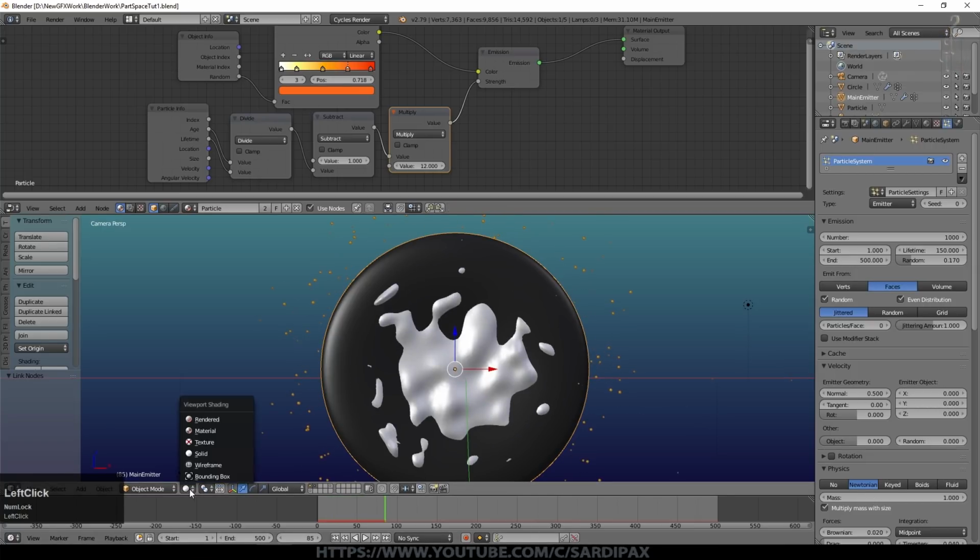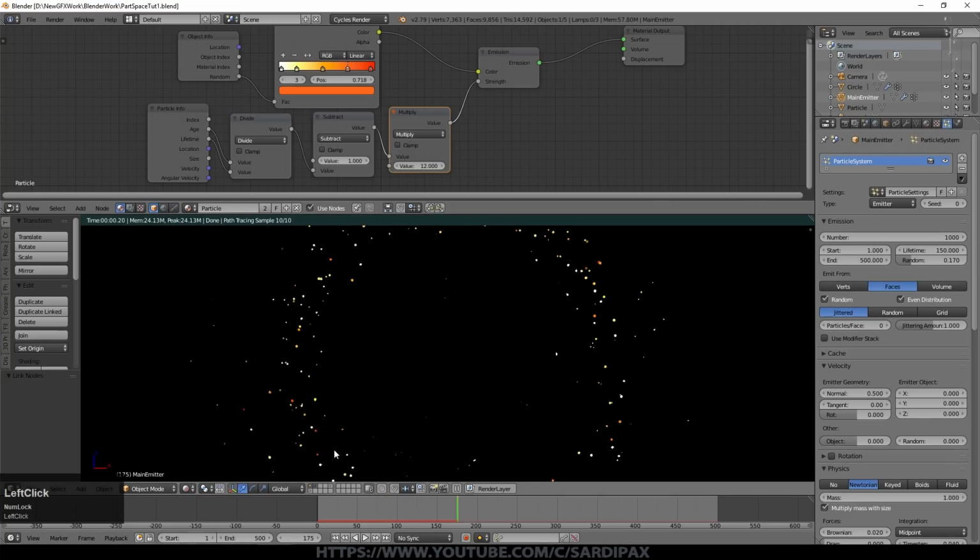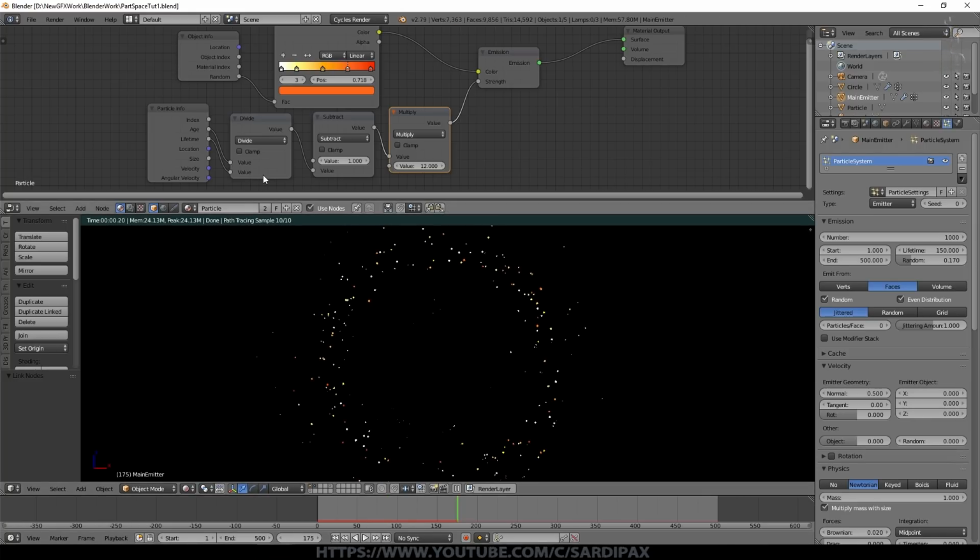Now if we look at rendered view, you can see we've got particles of all sorts of different colours, and they are also getting brighter and darker. We wanted these particles to be quite bright to start with and then fade over time rather than just disappearing all of a sudden. That's really what this is all about. And you can see we've got various different colours in there as before. So that's the majority of the setup.